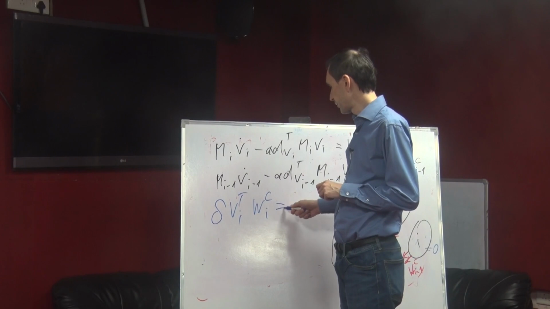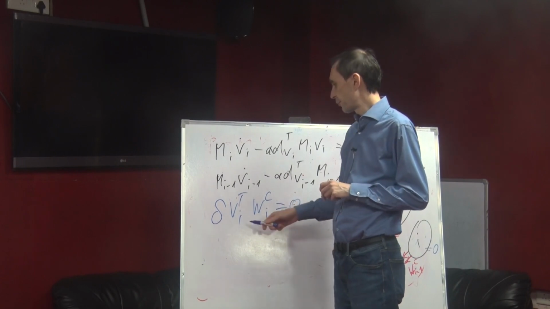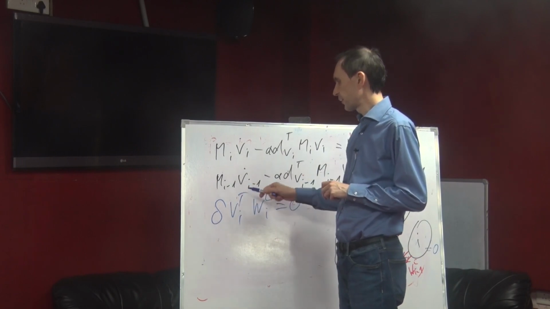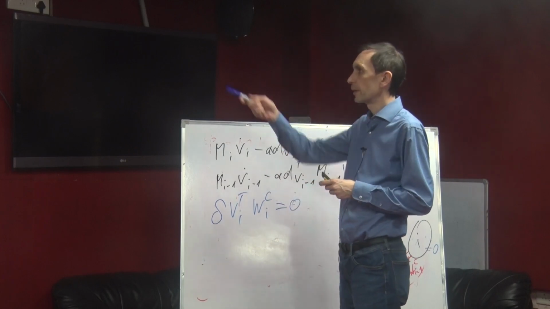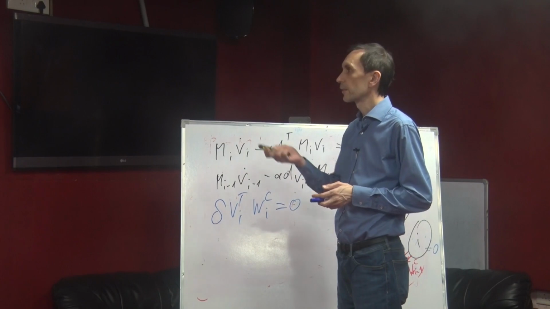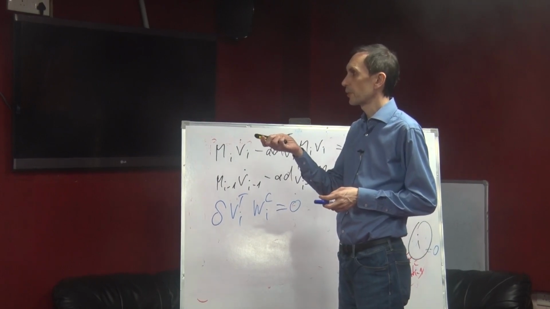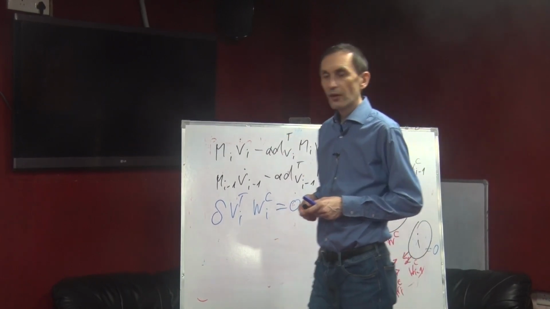And the power due to the constraint wrenches performed by admissible velocities is 0. So this term is actually already cancelled. This becomes 0, that's why it doesn't appear anymore. Okay, and then we